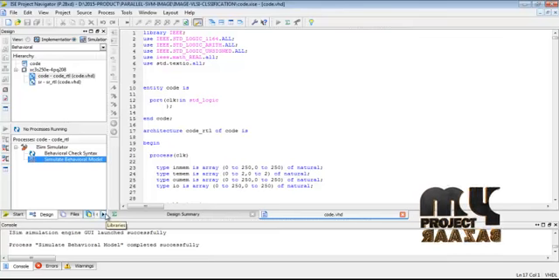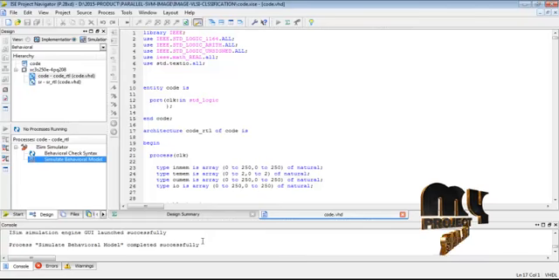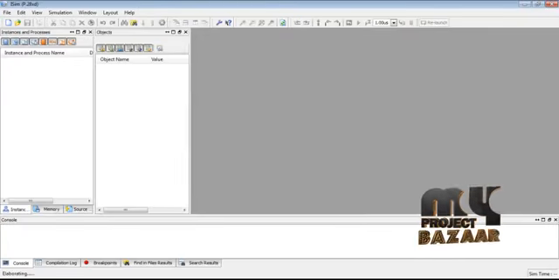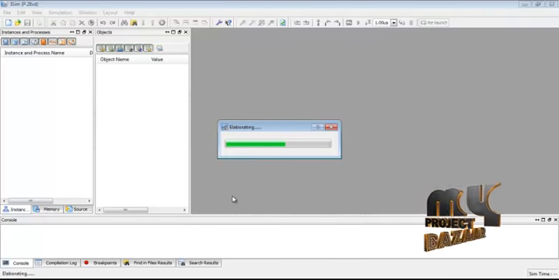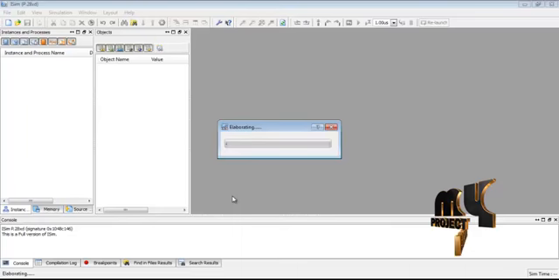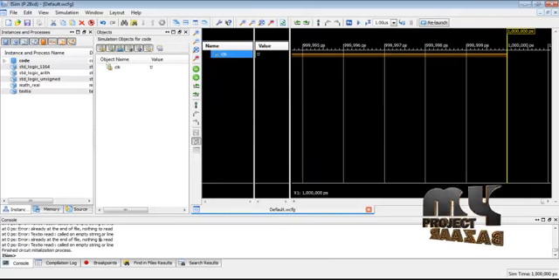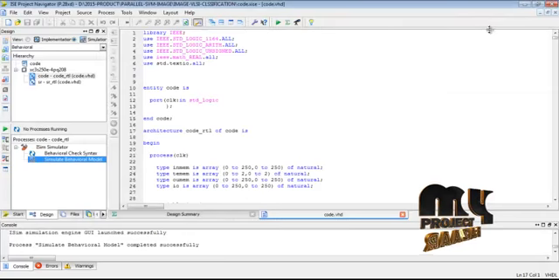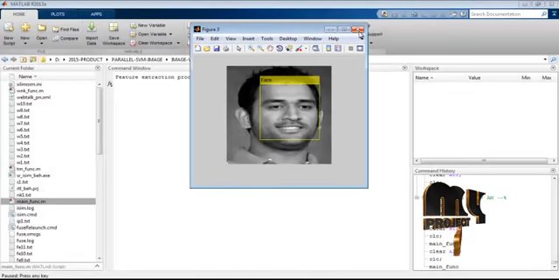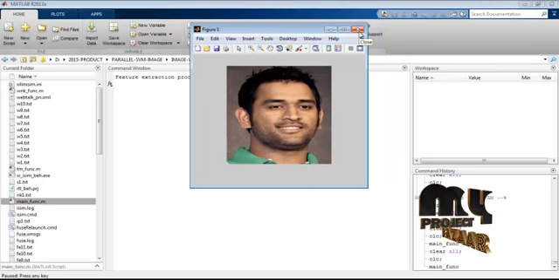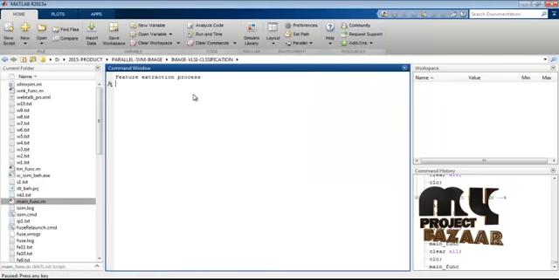After the simulated behavioral model is successfully completed, the ISim project navigator opens automatically. Then all the files are loaded and the text is completed, process completed, okay. Then we close everything, close the Xilinx process and select all the images. Then the feature extraction process is completed. Then we go to the